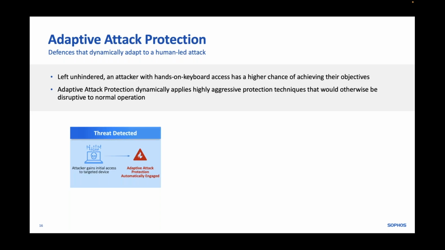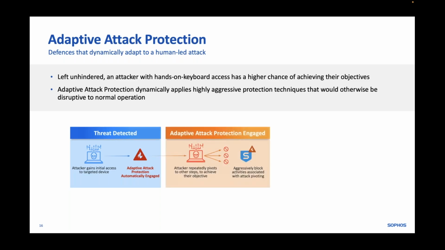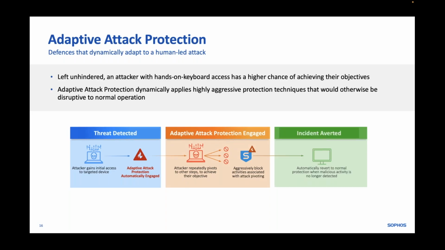So if we see the telltale signs that the cyber criminals are picking on a device and attacking that device, the device will go into a protection mode. So if we see the attacker constantly pivoting to try new steps and carrying out traditional processes that we would associate with an ongoing cyber attack, Intercept X will automatically kick in and block those activities and block the resources associated with them. So, for example, revoking things like remote desktop tools so that the cyber criminals can't utilize those to move laterally and move around the estate. And we will stay in that mode until the cyber criminals move on to another victim.